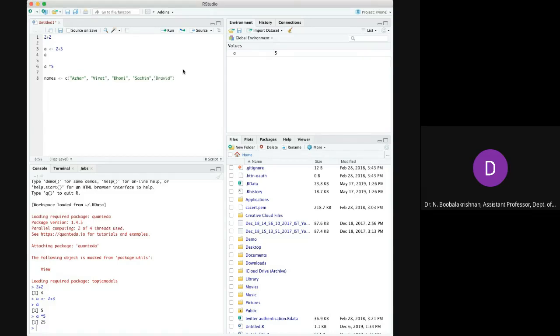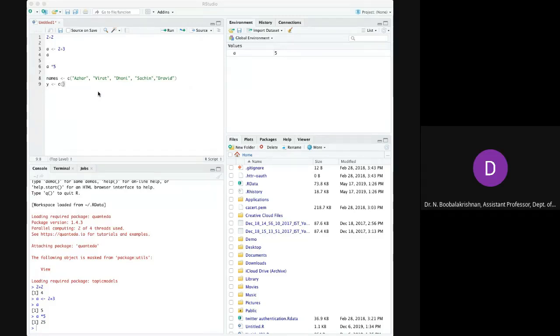Ravi. Okay. Then I am just giving it as an example. C of, this is combine. C means combining or concatenation of the names. Then the year.